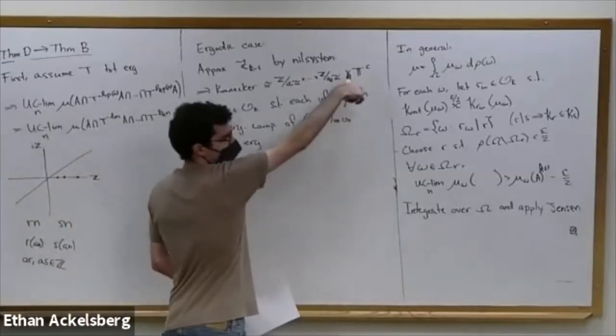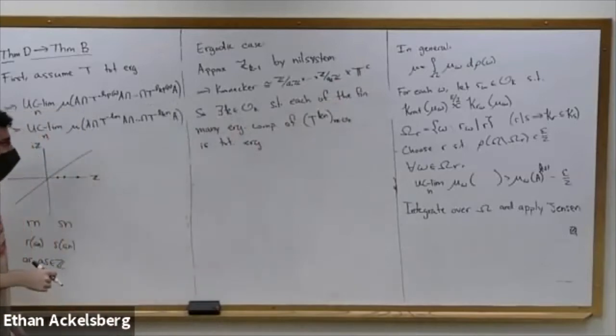So the Kronecker factor is going to look like tori, and it's a fact that if you have